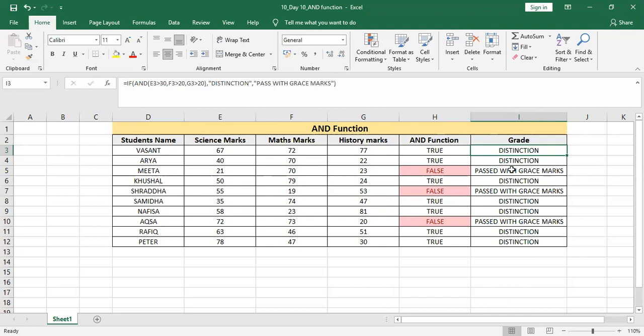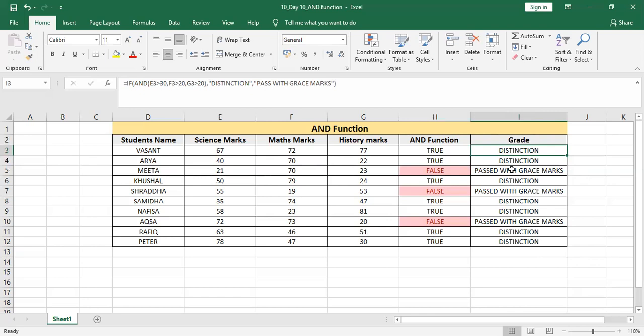So hopefully now you are getting the hang of the AND function and how we can mix it with the IF function. But before that, don't forget we are using two different functions, OR and AND. The AND function is only used when we have to check all the conditions and see if all of them are true, and then only we get the result true.